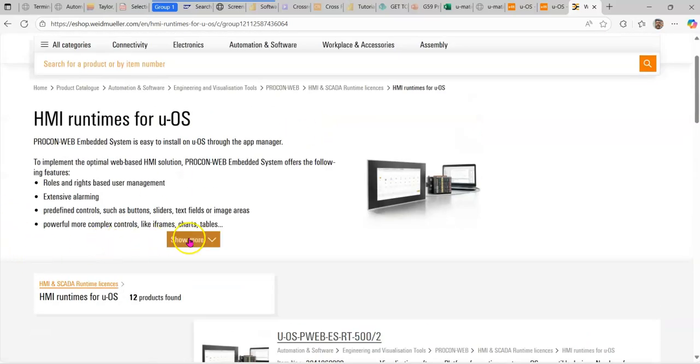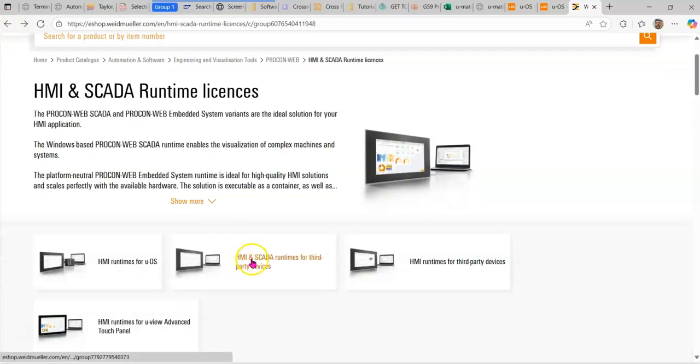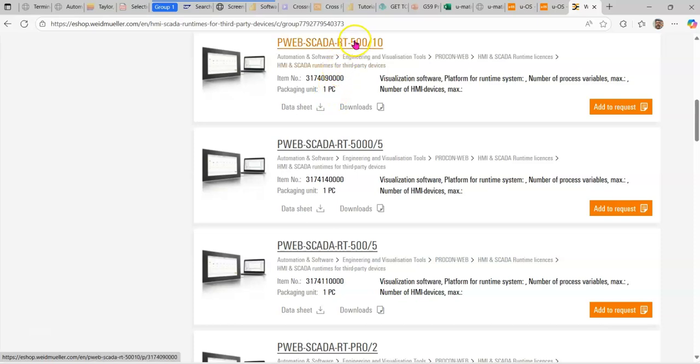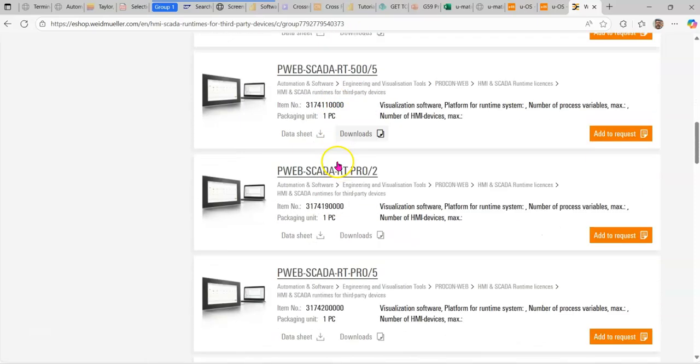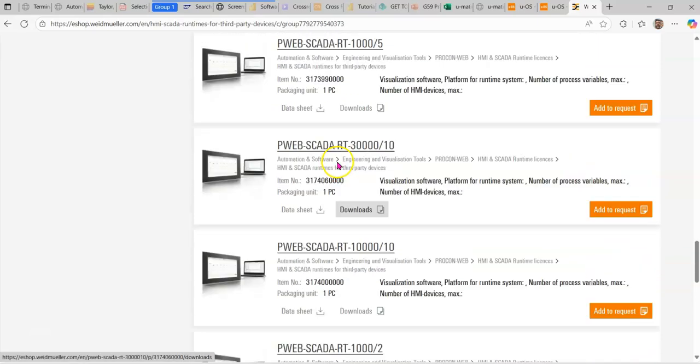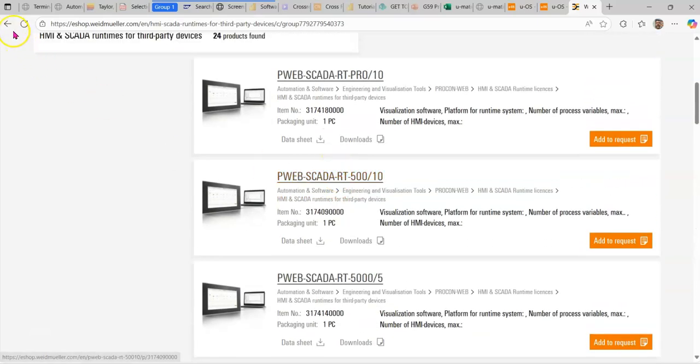But if I go back a stage, so click on these, you can see the differences here. These are what are known as ProconWeb SCADA licenses, and these run on a PC or IPC. Okay, so in the same vein as before, number of tags, number of clients. We're not really going to be talking about those today, but I just want to make you aware of the differences. And if we go back again,